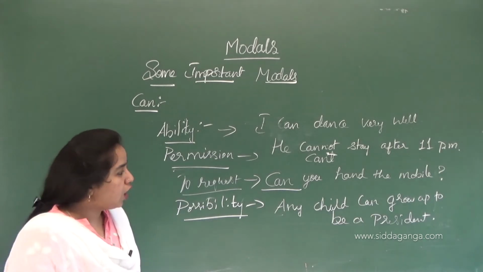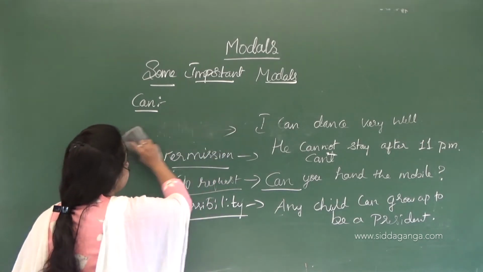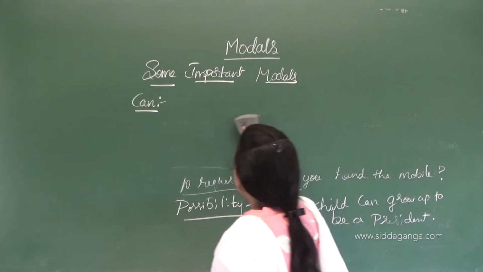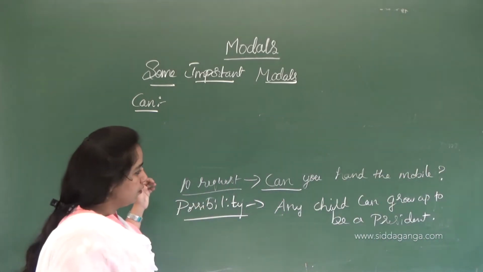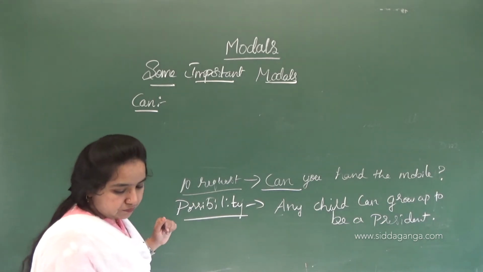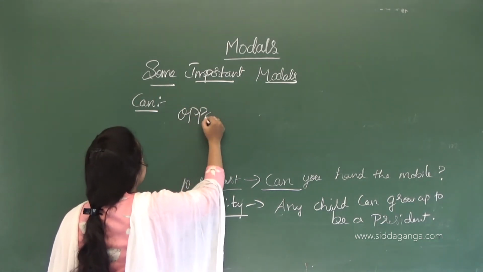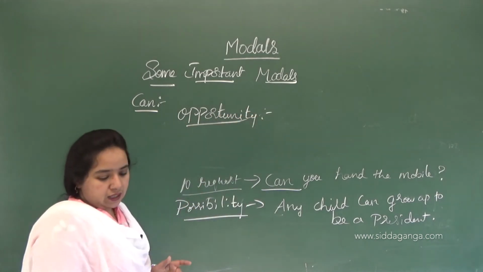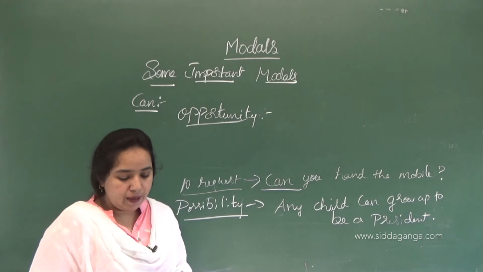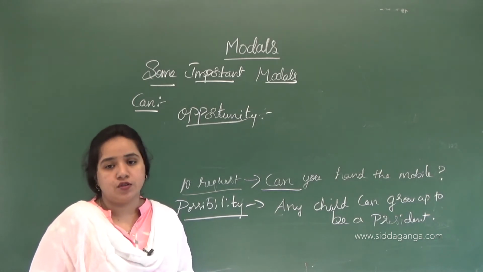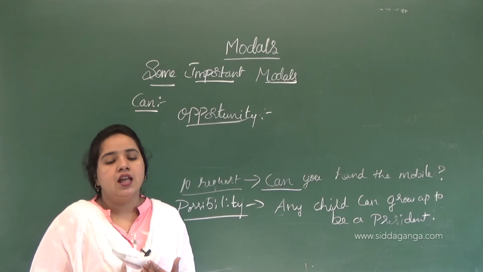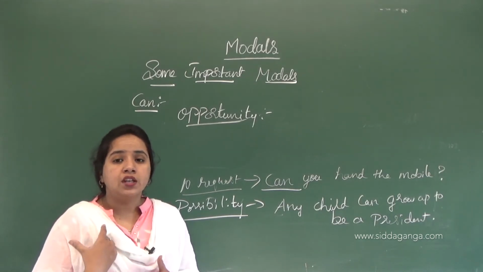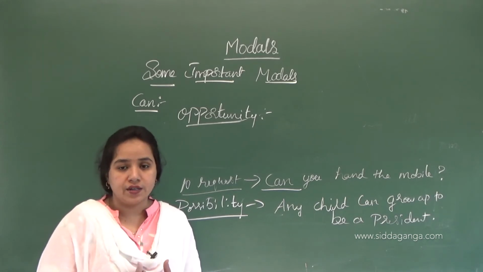Then let's see about opportunity. So in that opportunity, this can plays the role here. I hope that you all are understanding this. So opportunity: here we can stay with my mother when we are in the USA. It's an opportunity. I got a chance, you can say that, a chance. I got the opportunity to stay in the USA with my parent, with my mother.